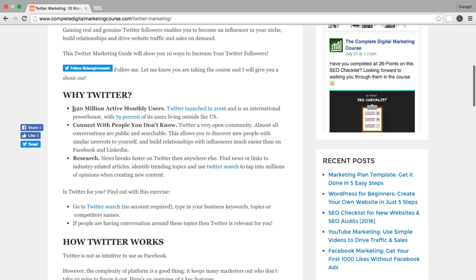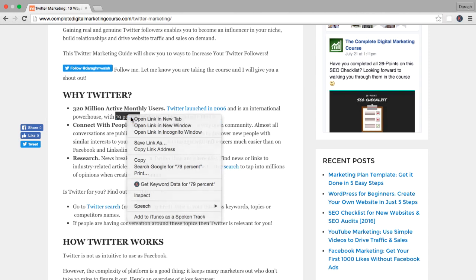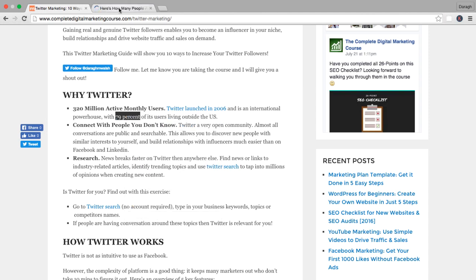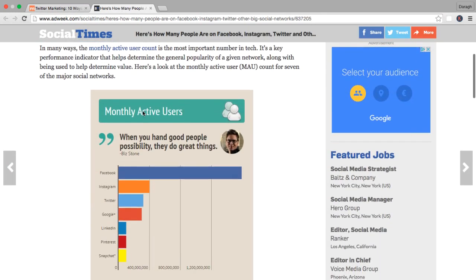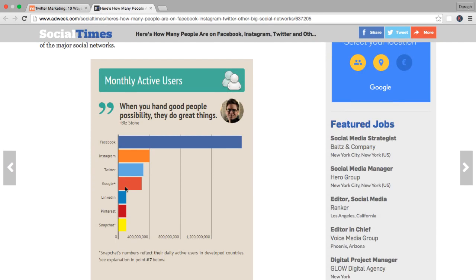Why Twitter? Well, there are 320 million active users on Twitter. If I open this up here, I'm going to show you how that compares to the size of other social media profiles. So what we have here is a comparison to the other social media profiles.